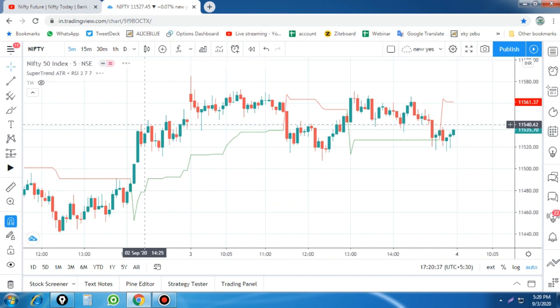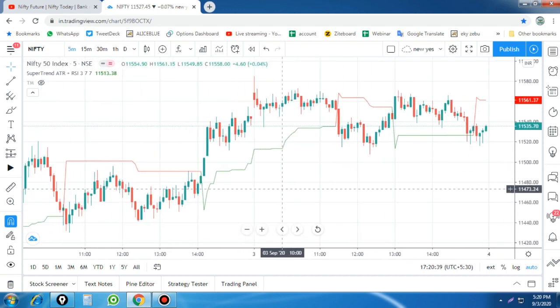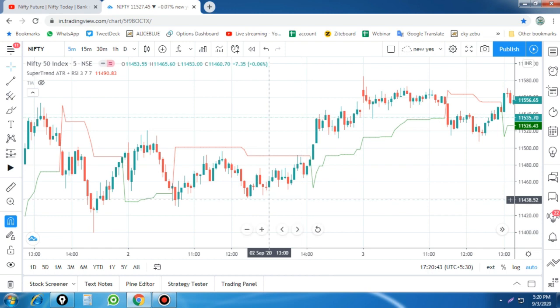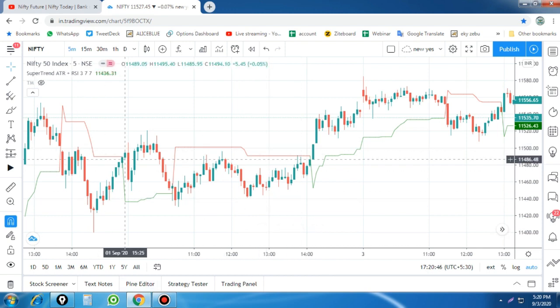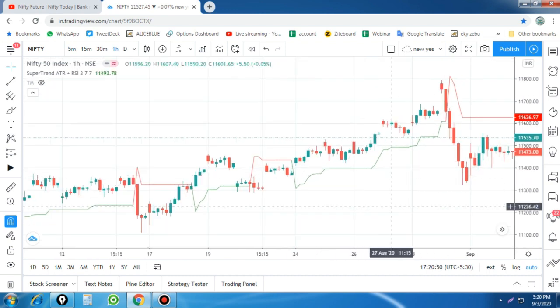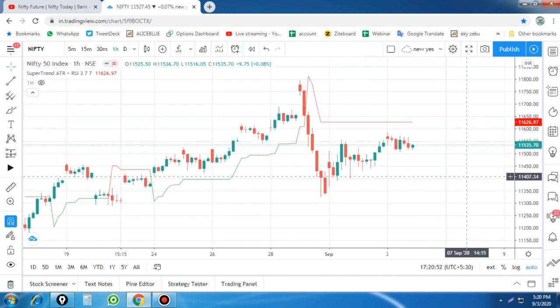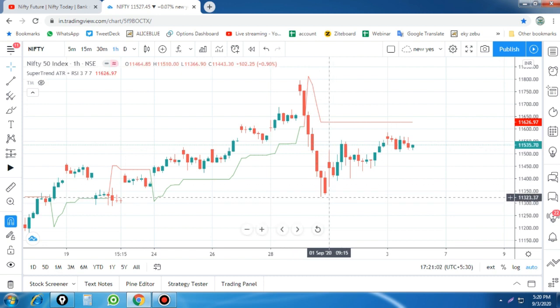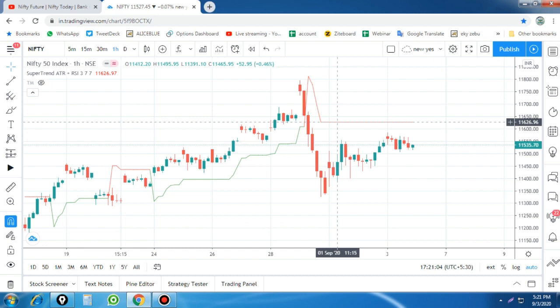From today's morning Nifty was very flat. This is a 5-minute chart. Why am I not suggesting the 5-minute chart? Because there are lots of signals, 1, 2, 3, 4. But if you go for a 16-minute chart, you will have very few signals, and this gives you a buy or sell signal, and immediately the stop loss triggers down. Here you got entry at 11,530. After that it fell down to 11,300, and again now the stop loss is very flat.